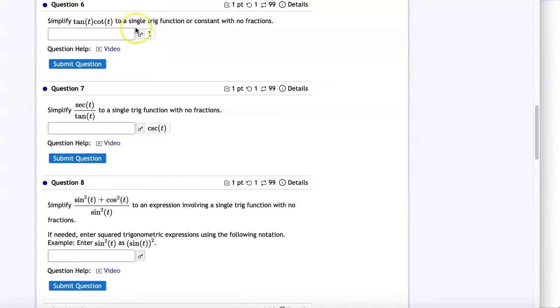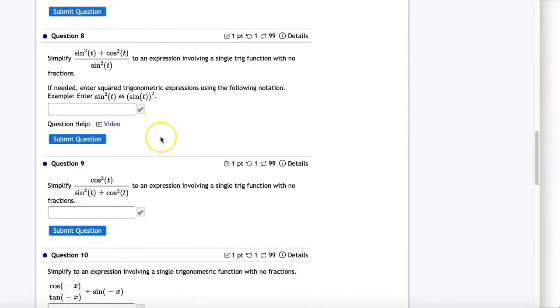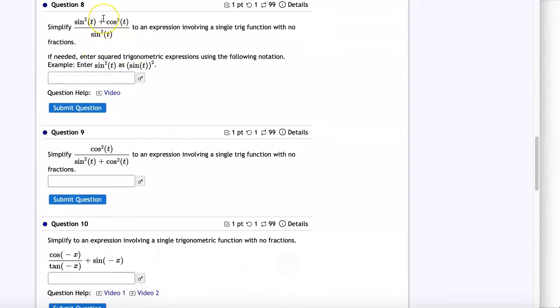So here we see question 6 reduced to 1, question 7 reduced to cosecant t. Now, question 8, we are simplifying this fraction to an expression involving a single trig function with no fraction again, and also the same directions for question 9. Questions 8 and question 9 are very similar, so I will just be doing question 8, and then I'm going to jump down to question 10, where we again are going to be simplifying to a single trig function with